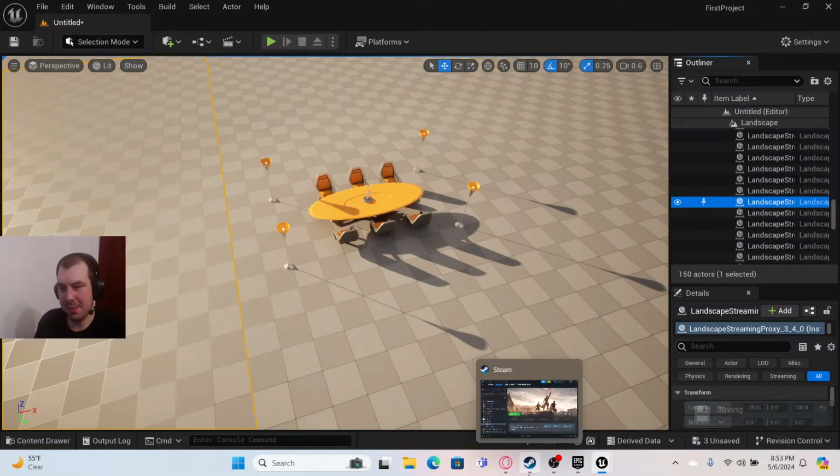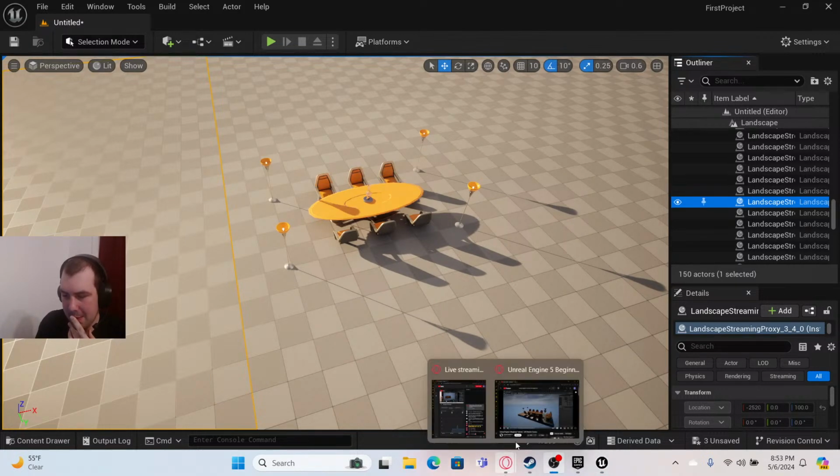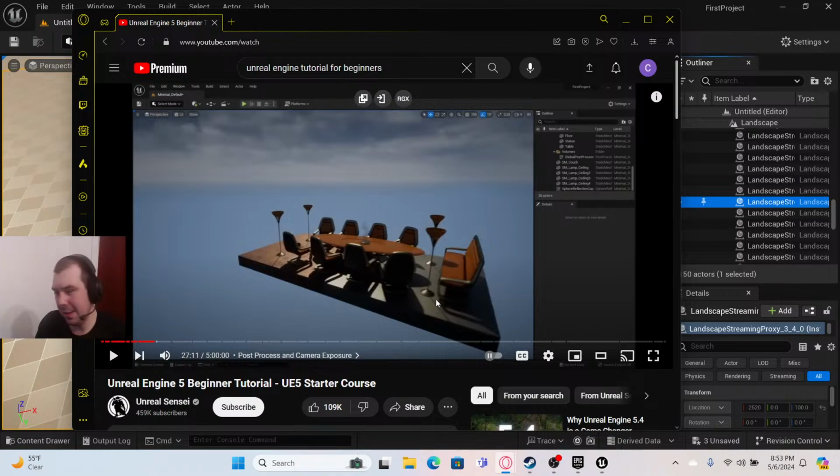But I don't have a ground or walls or anything. The problem in this one is that he's got his starter came with like a floor. Mine just